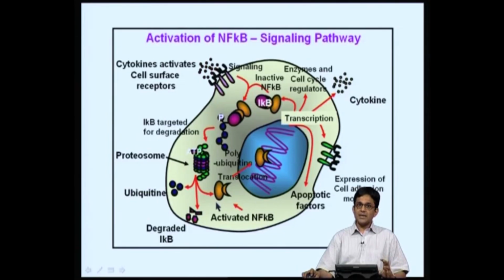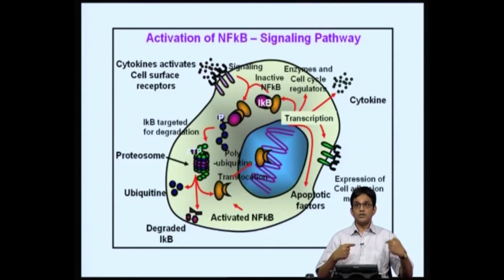Now, once NF-kappa B is activated, it can go from the cytosol into the nucleus, where it can bind to its particular cognate binding sites in front of promoters and turn on transcription of several genes. And what is shown over here is apoptotic factors, cytokines, cell cycle regulators, and so on and so forth. So, this pathway of activation of NF-kappa B is important, and it is very important for students to understand this particular pathway. Remember, the NF-kappa B activation pathway is again conserved between Drosophila and mammals, and the signals are also conserved for this activation,